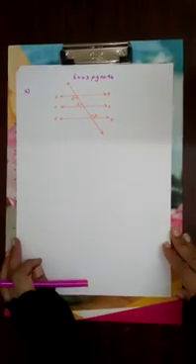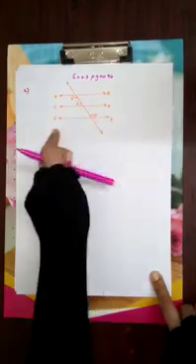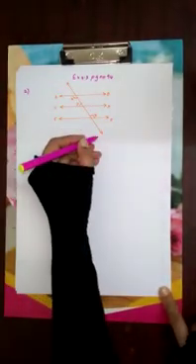Look into your books. In the adjacent figure, AB is parallel to CD and CD is parallel to EF. Y is to Z is equals to 3 is to 7. Find X. Yes, they have given us this figure. In this figure, children, see, AB is parallel to CD and CD is parallel to EF. This is the line that is acting as a transversal.